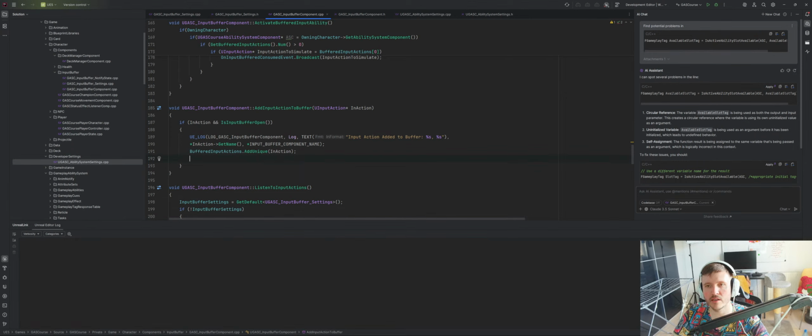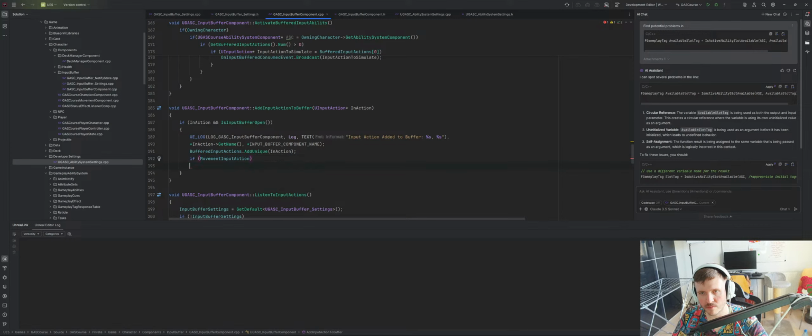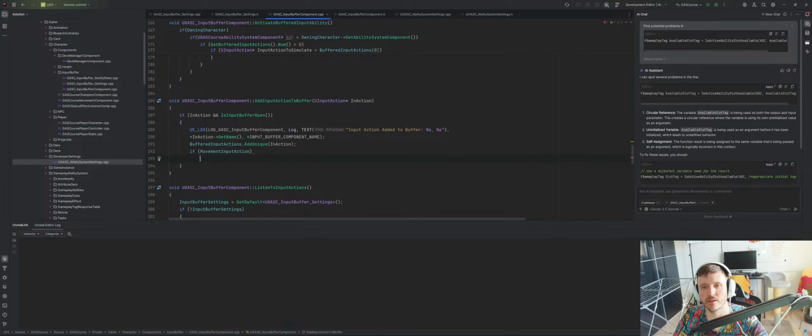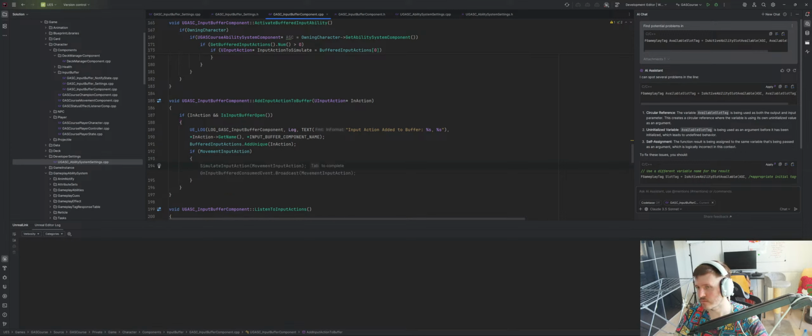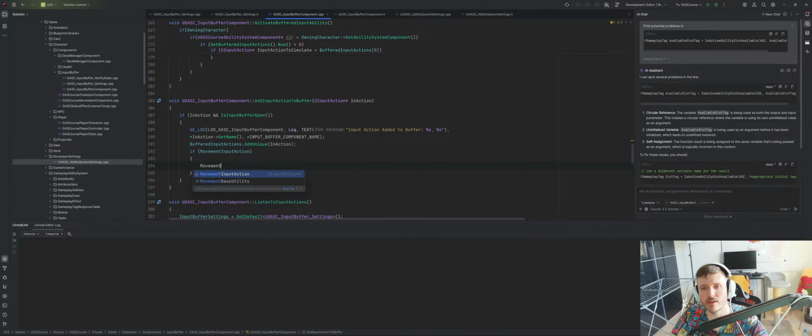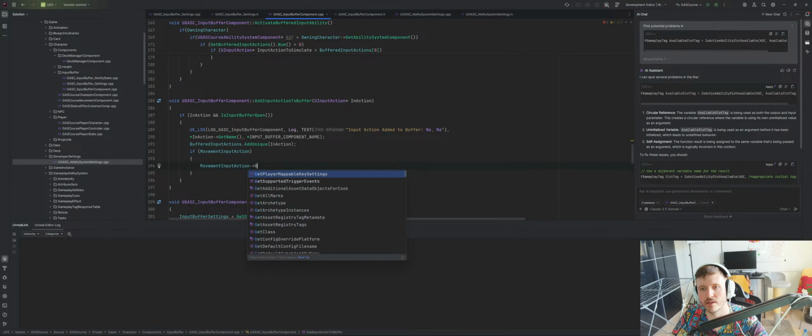So we could say something like, if movement input action, I just want to do the comparison, then we say movement input action, the get value or